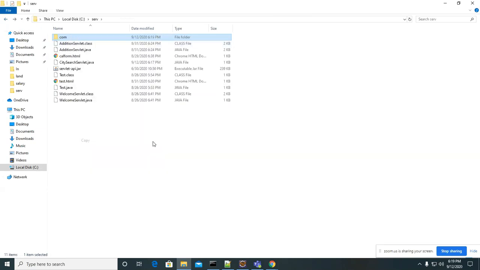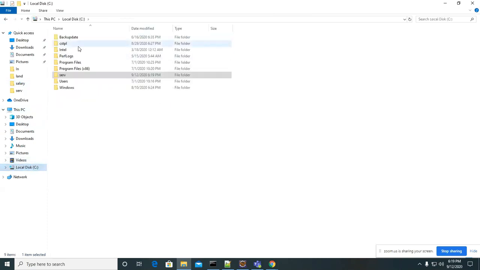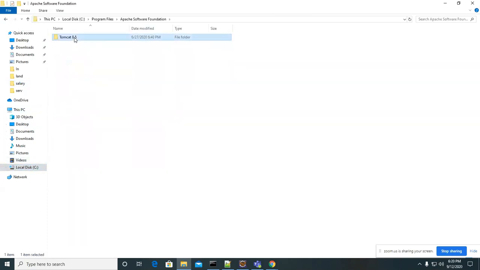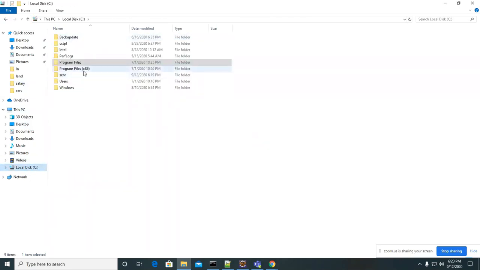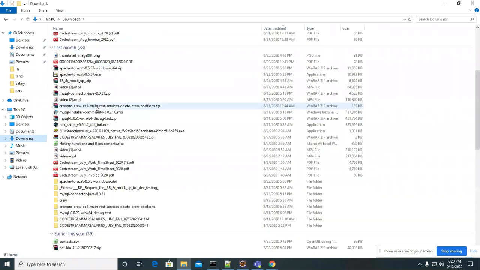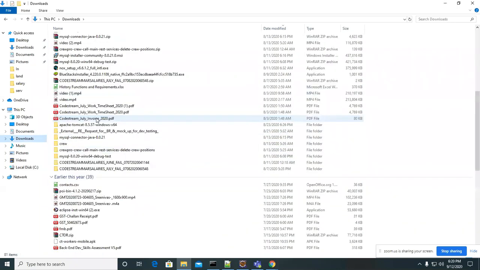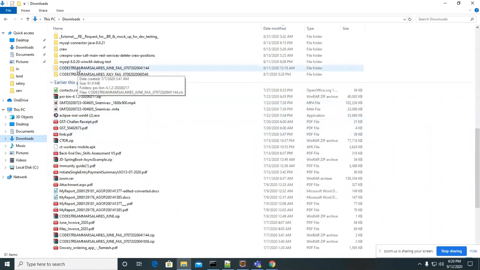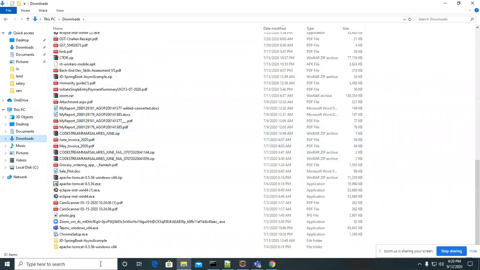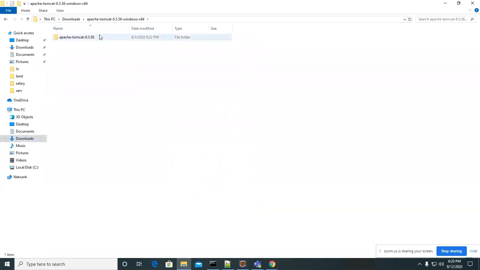Now we copy this and go to Program Files, Apache Software, Tomcat. Where is that program? I downloaded it in my location also. Yeah, we have this.